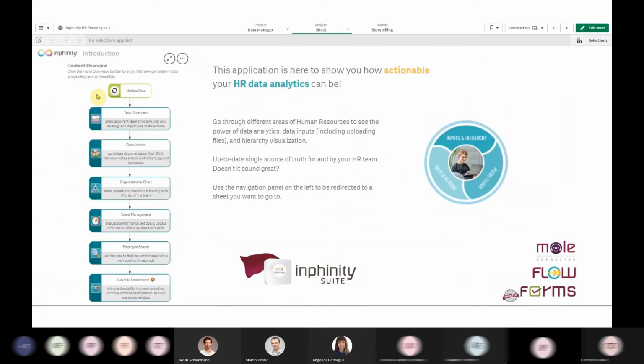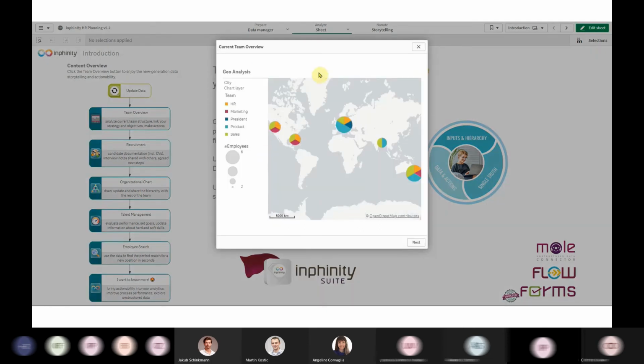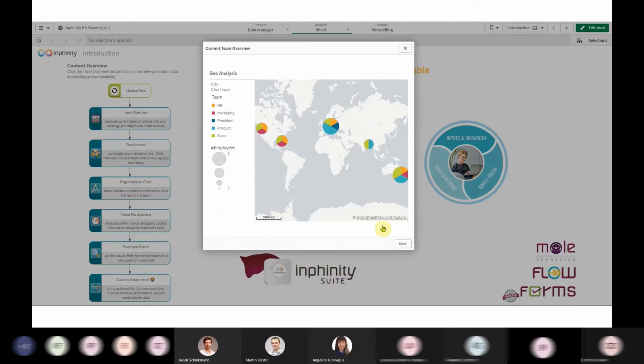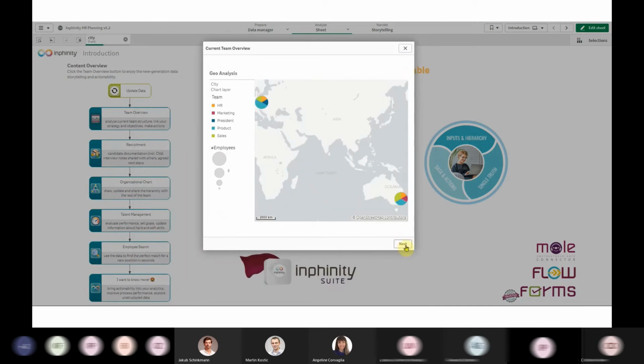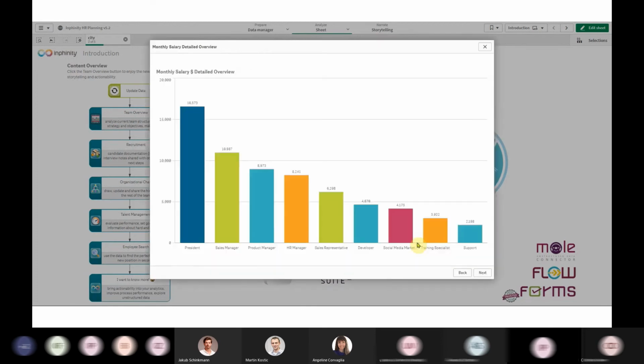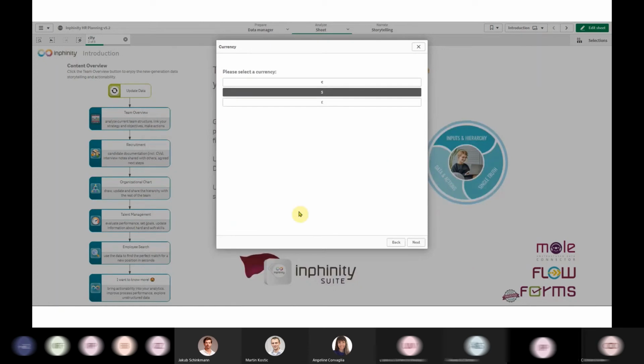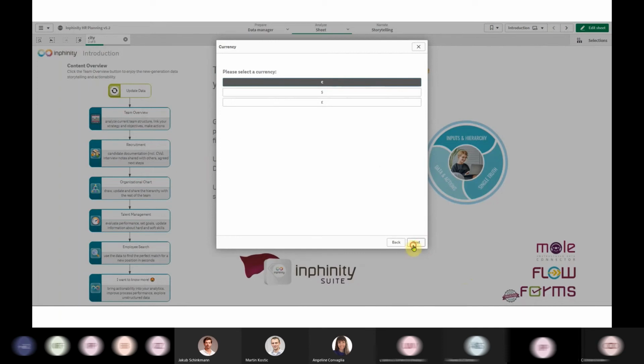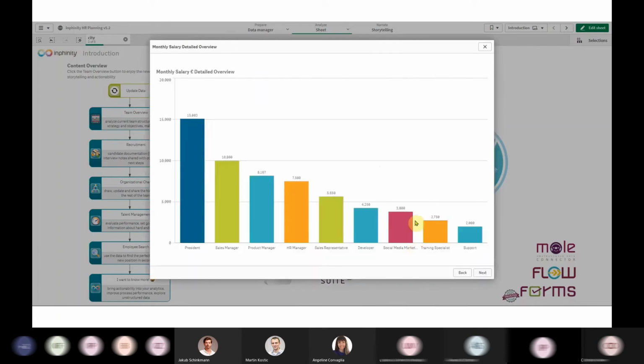With Infinity Flow, there is also this option to move a pop-up all over the place. Yeah, as you can see. Let me make some selections. And now you see two new features. The first one is the back button. So you can come back, change your selections, and keep moving according to the predefined flow.